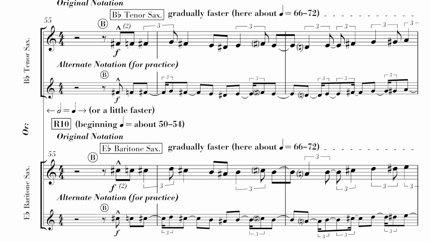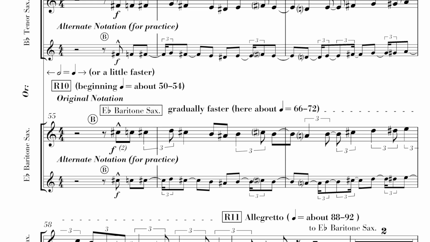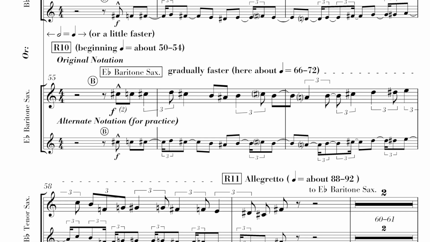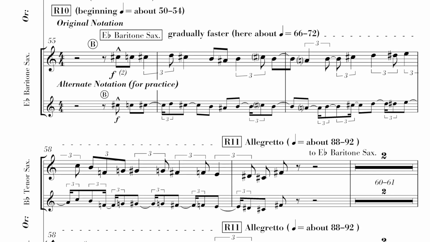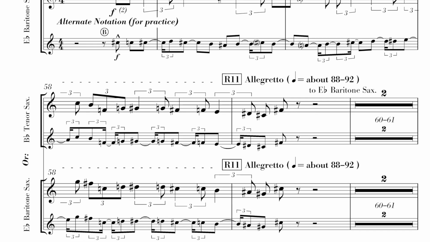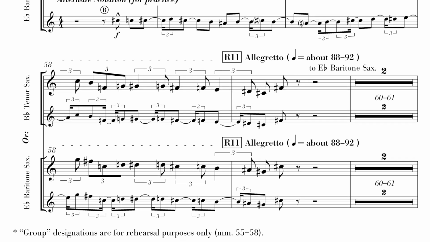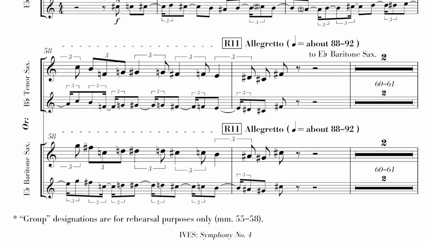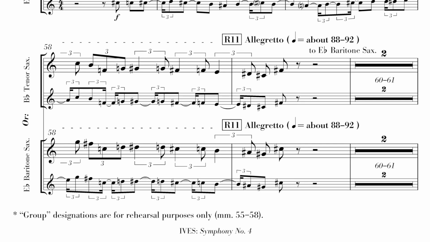And he then went on to explain that he didn't have any difficulty switching between instruments, that going from tenor to baritone between 55 and then later on at 62 wasn't an issue for him, but he did understand the concern, and he said that, for some players, it may be tricky to do it. And also the fact is, we have no control over what the actual tempo will be here. It's indicated to be 88 to 92, but a conductor might rush it up to 120 or something, in which case these two measures of rest just fly by. So again, this was an edit that I would never have considered had I not been present to interact with players and get real-world feedback from them.